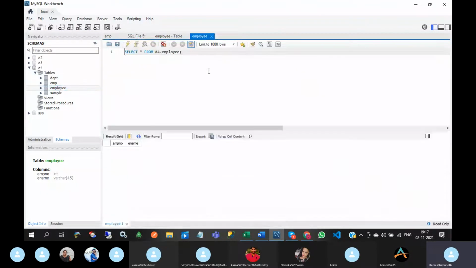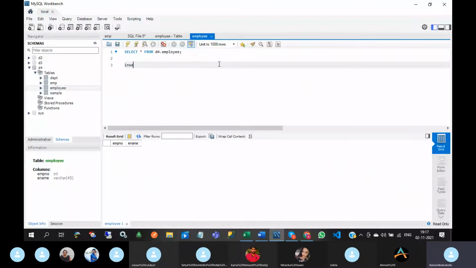Now insert some dummy records into employee, with column names EMP number, ename. It is showing the statement is incomplete. Values. Here I can insert values into 2 columns, and I can insert values into a single column also.